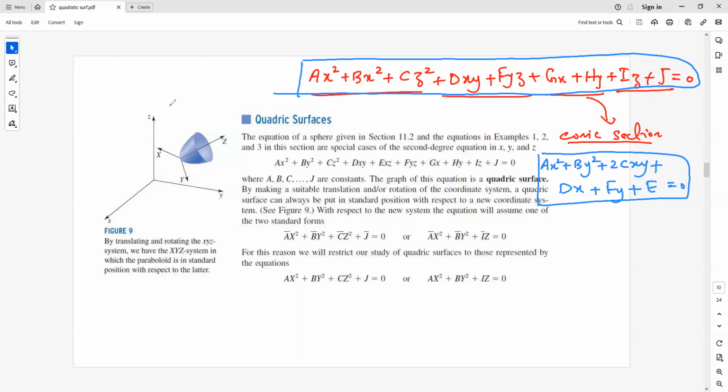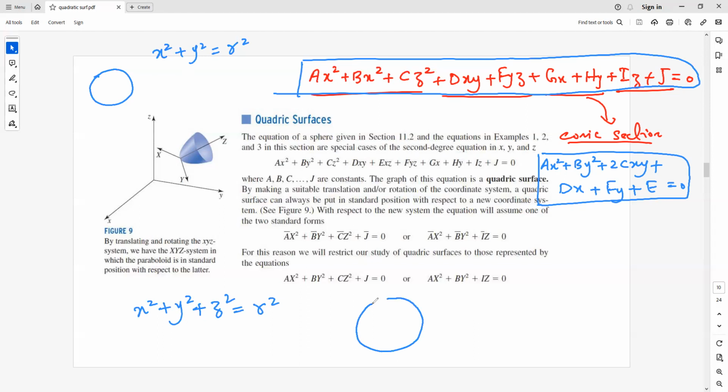So in 2 dimensions, we have a circle. The equation of a circle is given by x squared plus y squared equals r squared. Just like this, in 3 dimensions, if we add one more dimension, that is x squared plus y squared plus z squared equals r squared, it represents a sphere. All right, so it's a sphere in 3 dimensions like this. Similarly, if we have an equation of this form, that is x squared over a squared plus y squared over b squared equals 1,